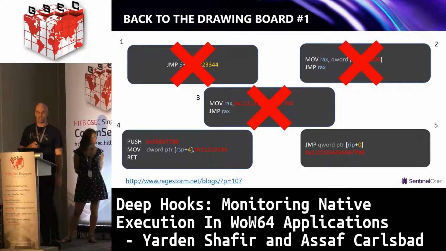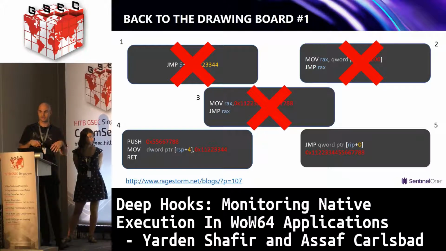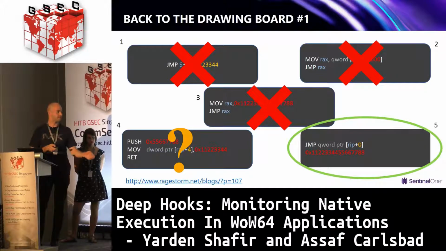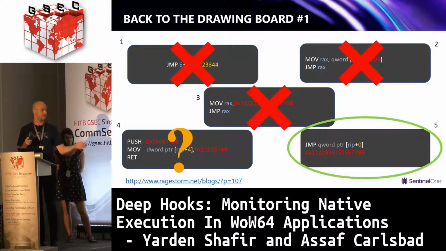The fourth option is actually quite interesting because it doesn't use the jump instruction. Instead, it builds an address onto the stack and then just returns into it. Again, for the first iteration, it seems a little bit tricky, so we decided to put it aside, and a quick spoiler alert, we will probably get back into this later. So for the first iteration, it basically left us with the fifth and final option, which takes advantage of an addressing mode called RIP relative addressing, and it basically just jumps to the 64-bit absolute address, which immediately follows the jump instruction in memory. So we have modified our hooking engine to use this kind of jump,